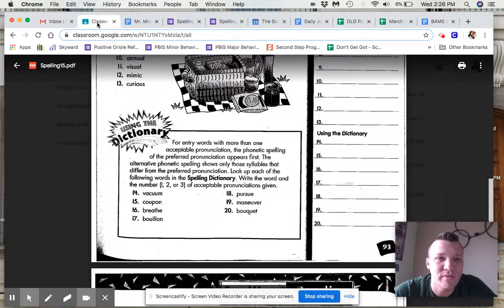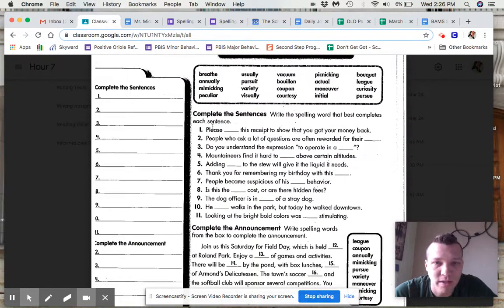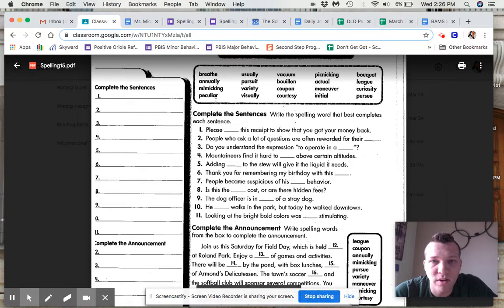So let's go to page 3. Here we go. Number 1, please blank this receipt to show that you got your money back. So I'm going up here. Please blank this receipt. Please breathe, please annually, please mimicking, please peculiar, please usually, please pursued, please variety, please